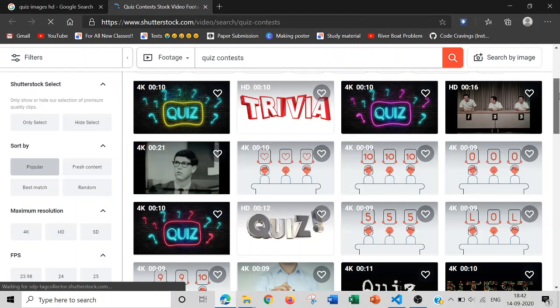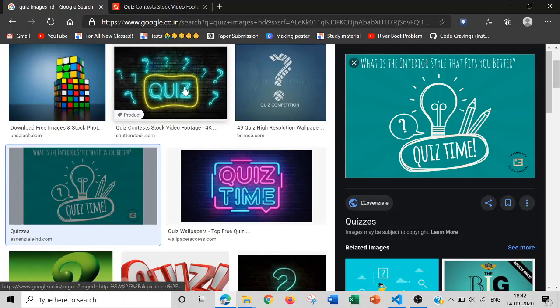I think this is good. Is it a GIF or an image? Let's go back, click here and save the image.